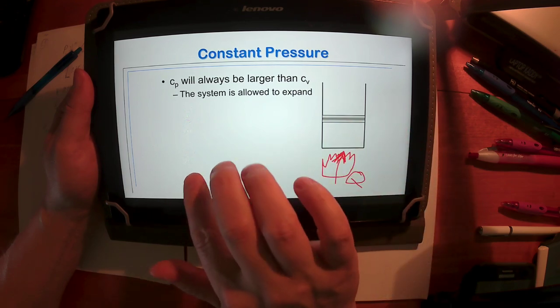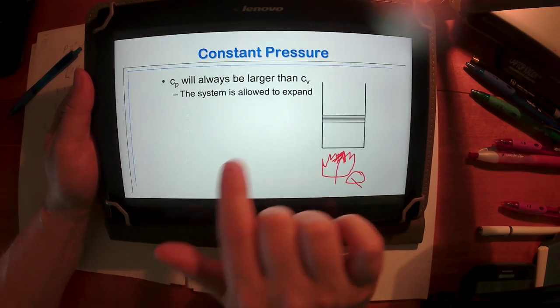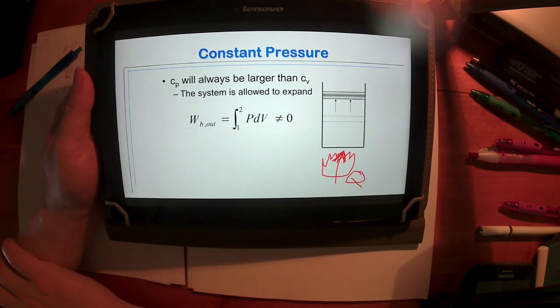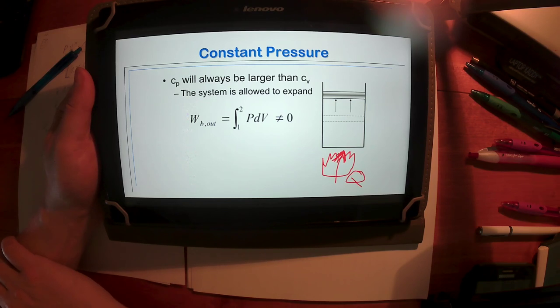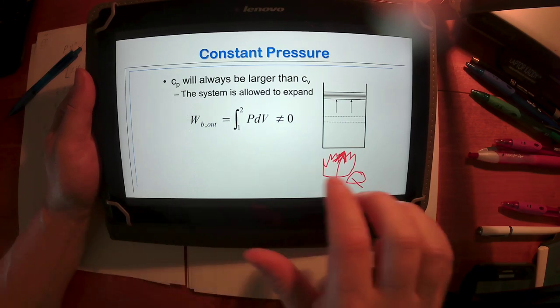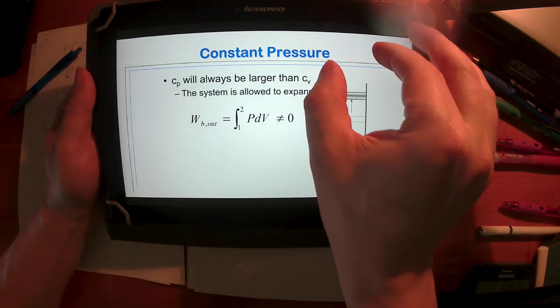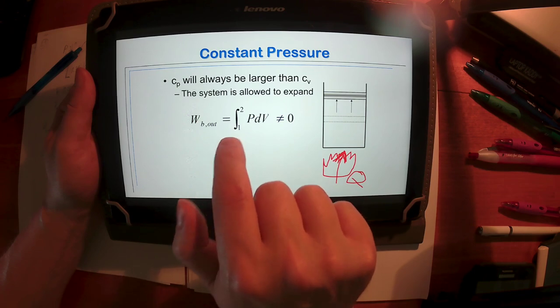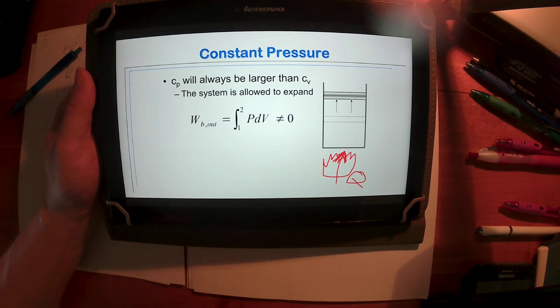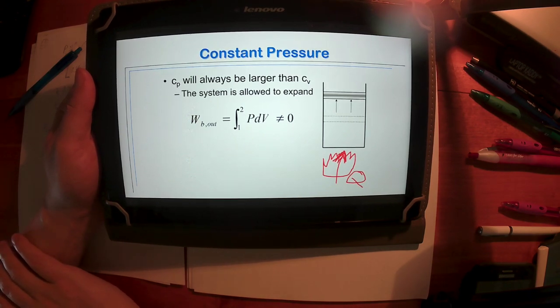Well, if it can, it will expand, right? So as I heat this up, that cylinder will expand. That expansion, as we've already found, means that there's a boundary work process. And that boundary work is additional energy that goes out of the system. So if I put heat into this thing and it's expanding, meaning it's got boundary work, it's got energy coming out, that means I have to put more heat into it to account for this boundary work that's going out,